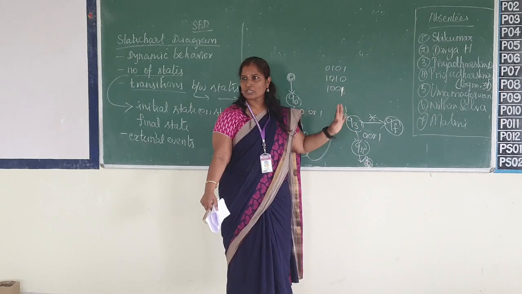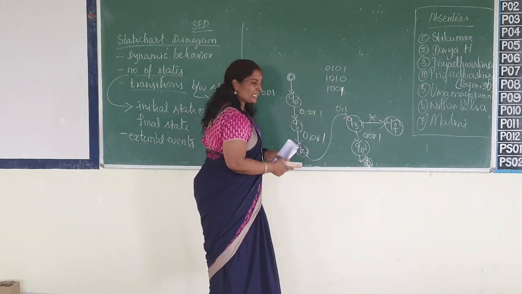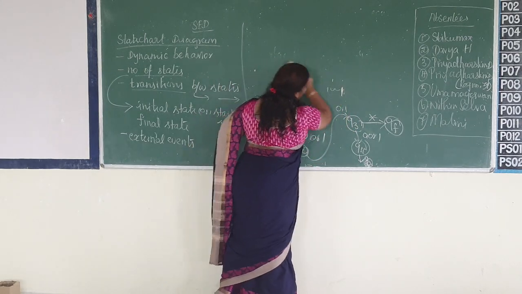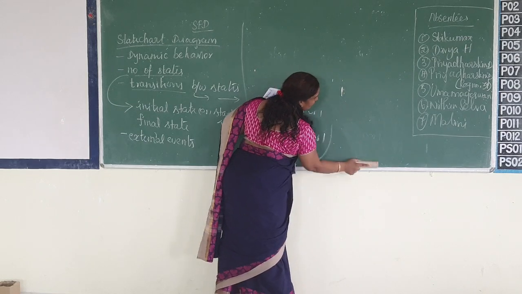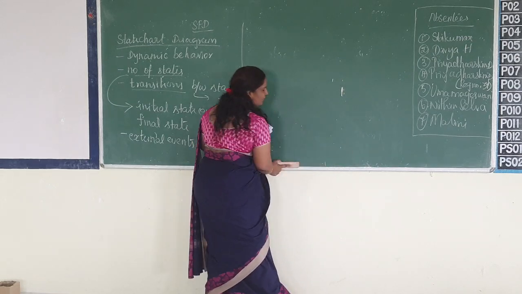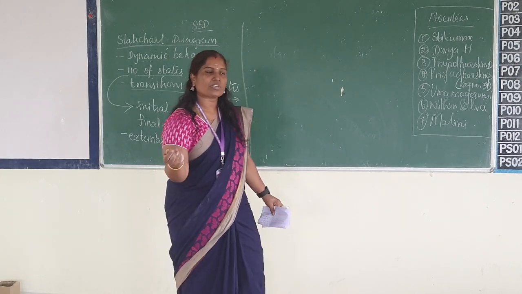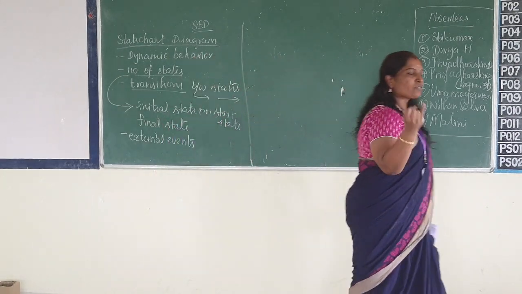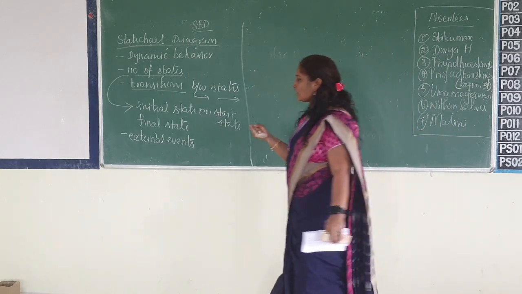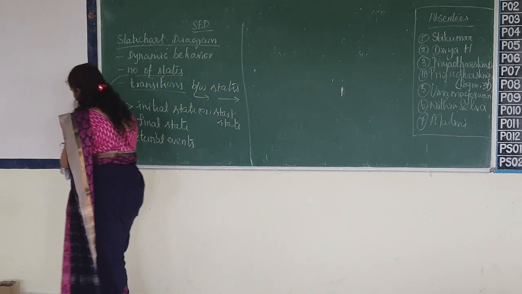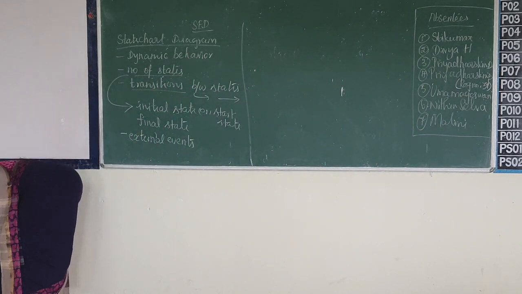You get my point? So with this base, we can construct a state chart diagram for the usage of the ATM card. I will give you an idea. You can start doing it. So what are all the things we will be doing? Start. Insert the ATM card. The next stage will be that it is inserted properly.